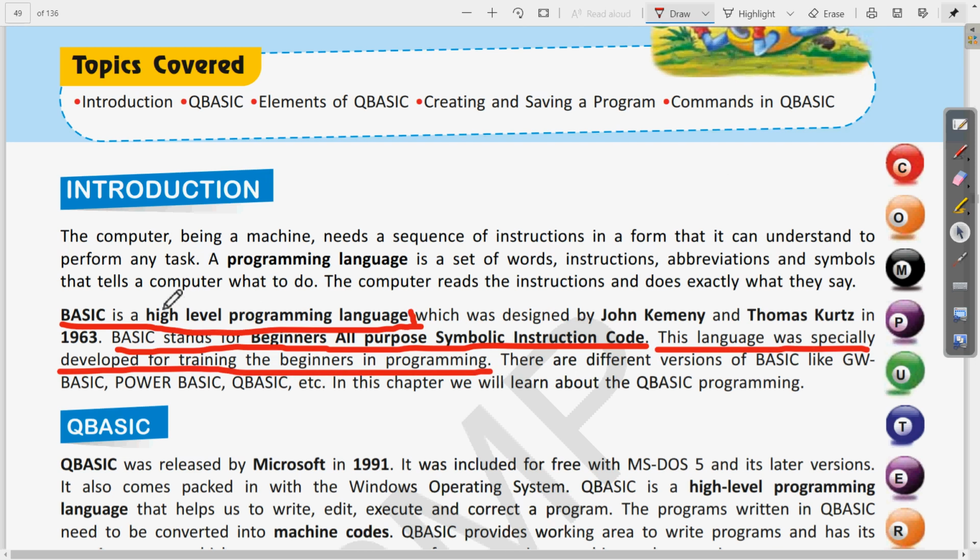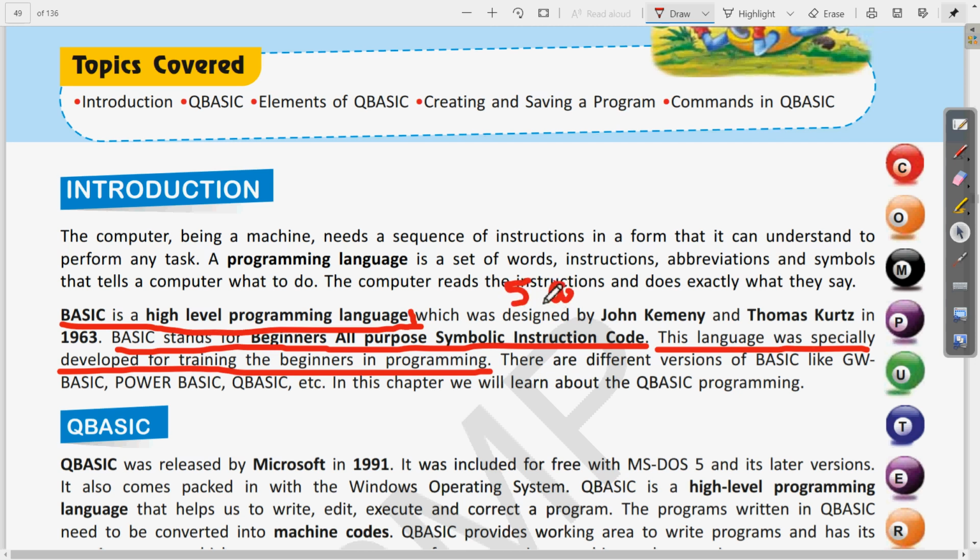The first statement is BASIC is a high level programming language. Then from the second line, BASIC stands for Beginners All Purpose Symbolic Instruction Code, and this language was especially developed for training the beginners in programming. So this is the complete answer of question 5th A. Clear?